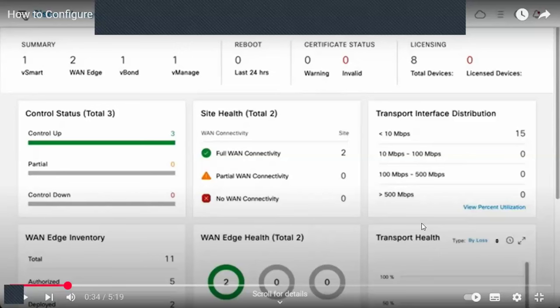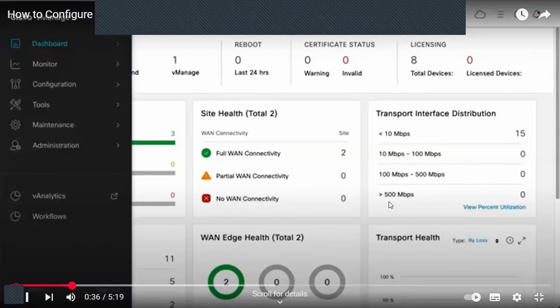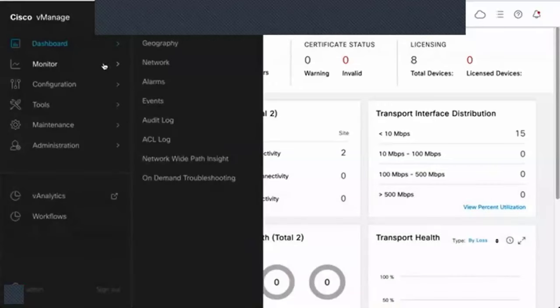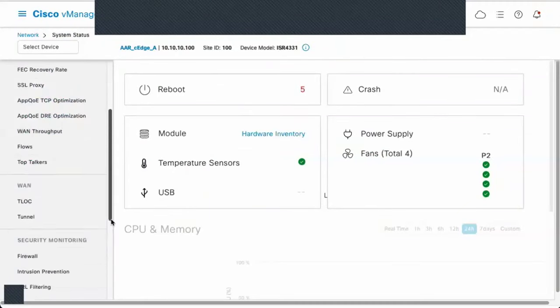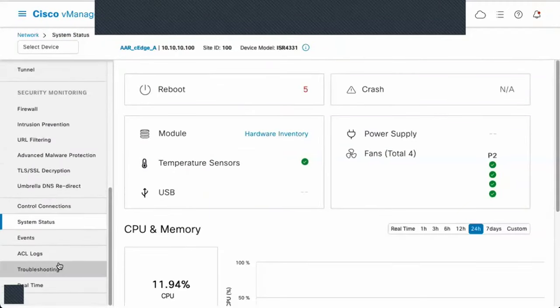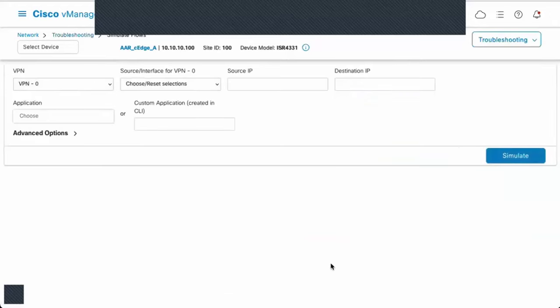Right? So just have a look at it. In Edge A, you have 2 subnets, one for email and one for voice. Both communicate to the server on Edge B, without any policy in place. Simulate flows. In vManage, go to Monitor, Network, select the edge, Troubleshooting, Simulate flows.